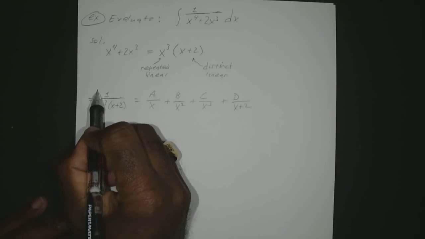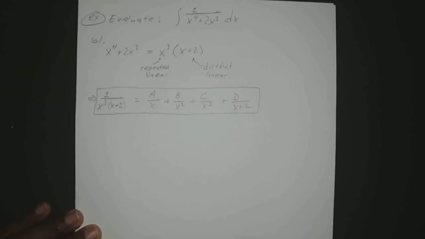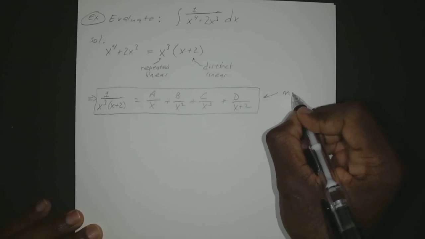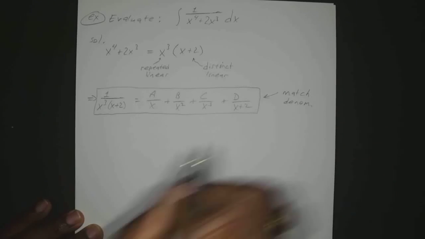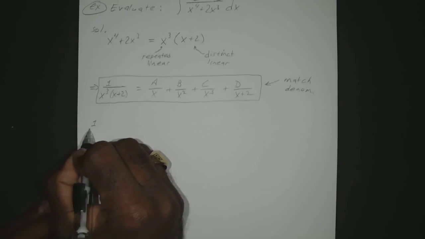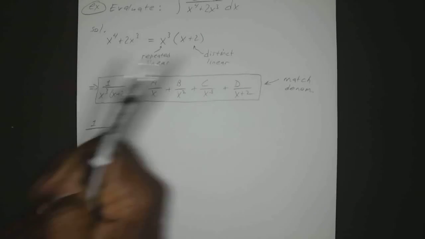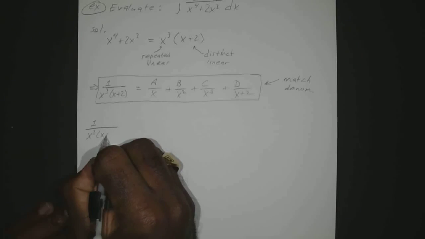Once again, we know we're going to come back to it once we solve for a, b, c, and d. But for now, we just have to match our denominators. Okay, so that means we have 1 over x to the 3rd times x plus 2